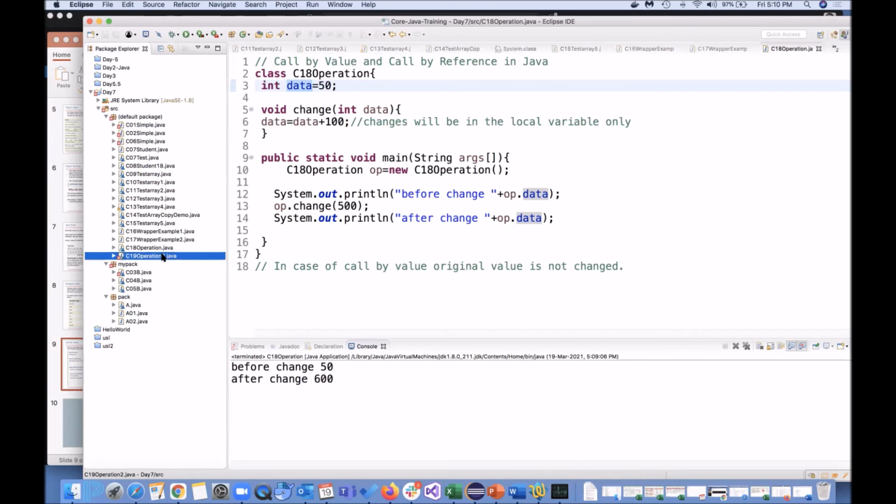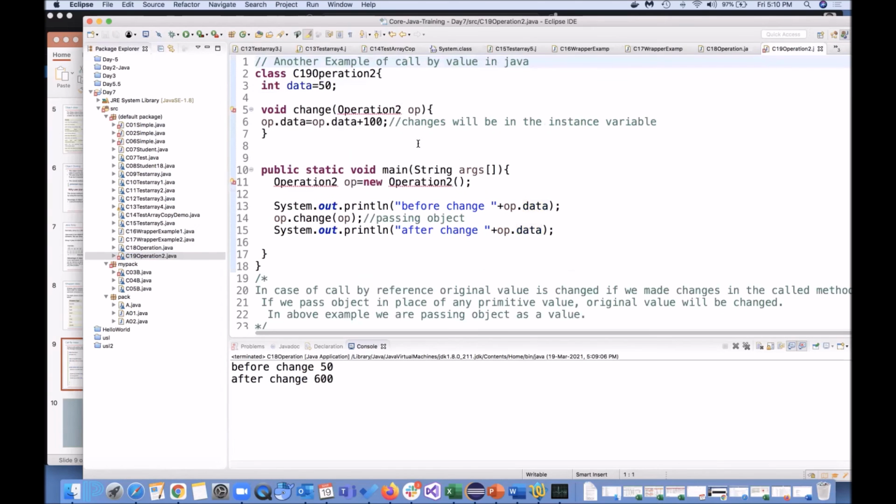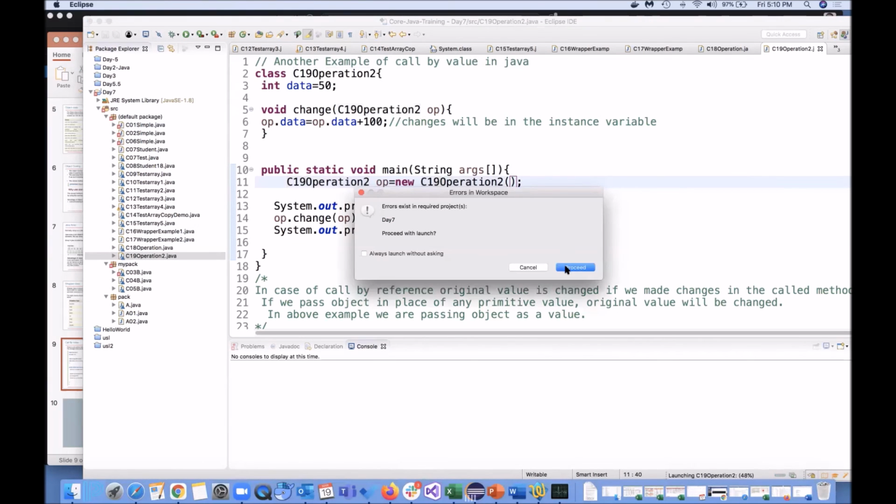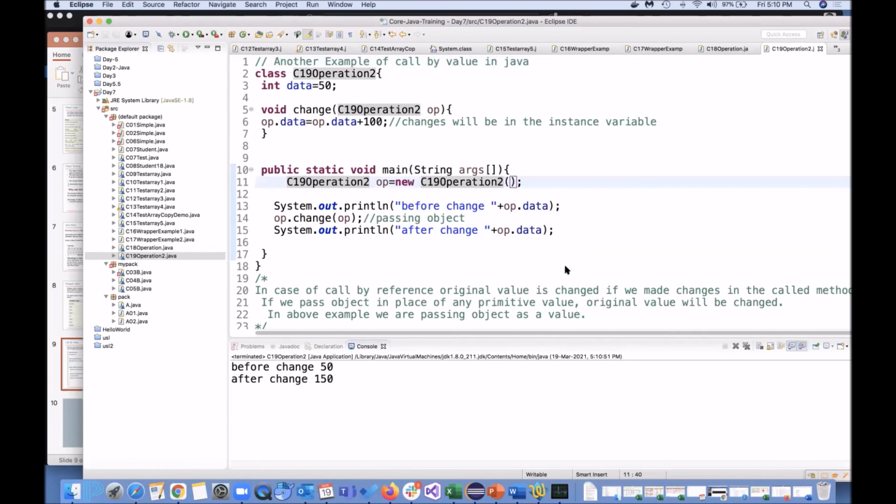Okay, we'll be moving to the next one. This is the last one. I believe this was what I did previously.